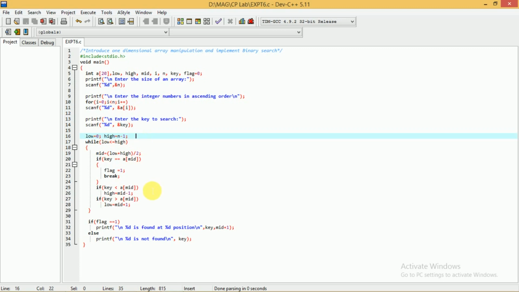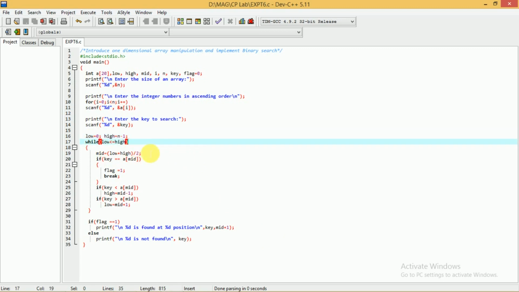Initially, low means the lowest index value and high means the largest index value. You have n elements, so the index starts from 0, which is assigned to low, and the last index will be n minus 1, which is assigned to high.